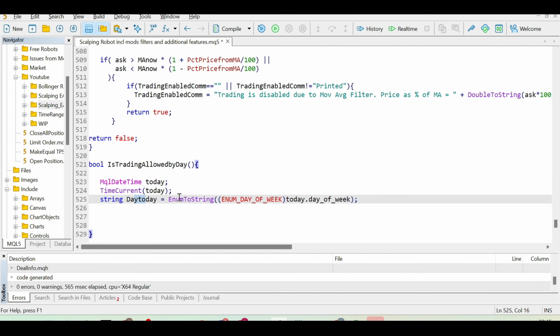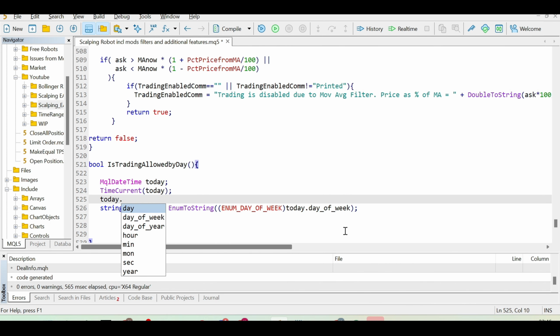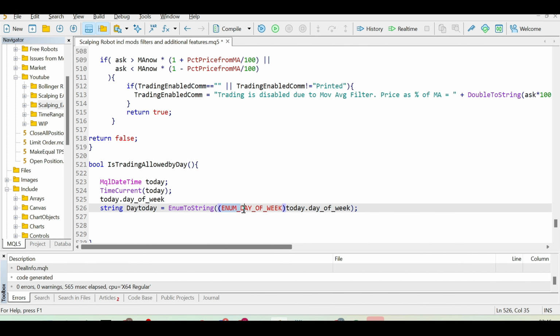which is the date today. And then we can say, convert the enum to string, get today's day of the week value, which is basically whatever the day of the week is. So is it day 1, day 2, day 3? Take that, convert it from the number of the day to the name of the day. So Monday, Tuesday, Wednesday, Thursday. Because it's going to return the value as an enum, we need to convert it into a string. So we say enum to string. Therefore, we're going to get the value of Monday or Tuesday as a string